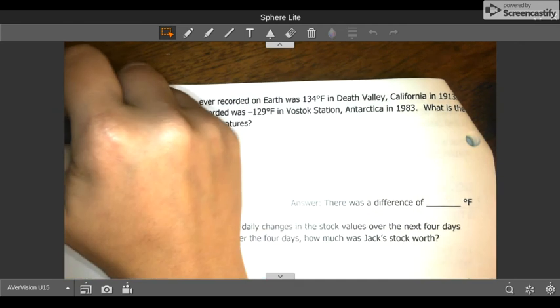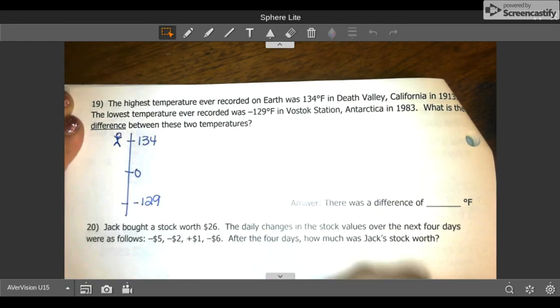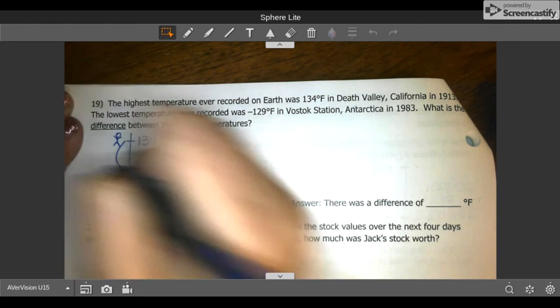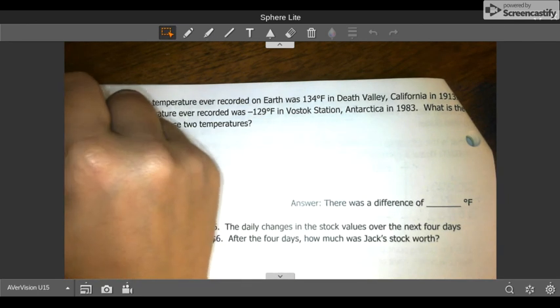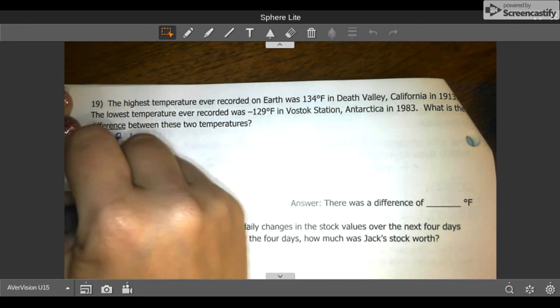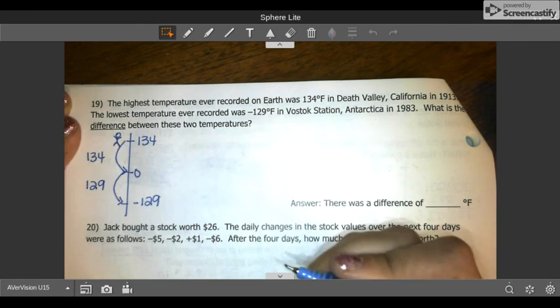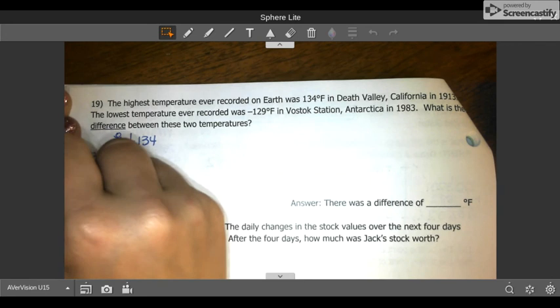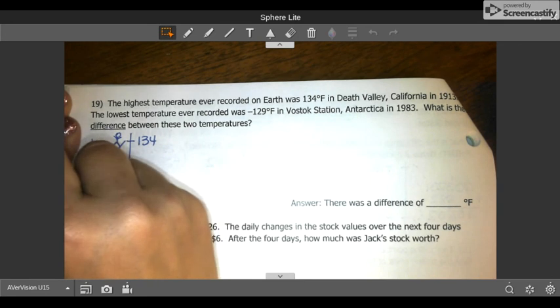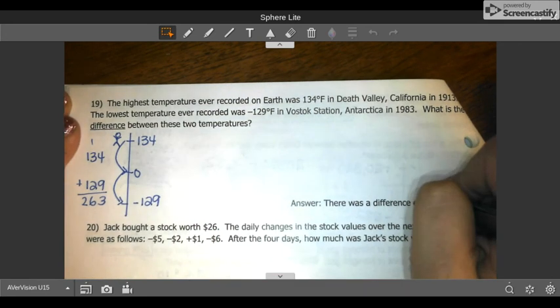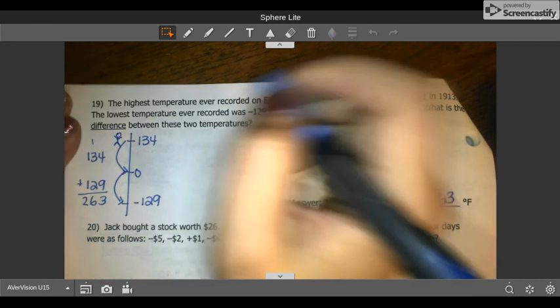I'm putting myself here on the thermometer. To travel down to 0 degrees, I'd have to travel 134 degrees. To travel even further to negative 129, I'd have to travel another 129. So I'm going to add these two distances on the thermometer together, and I get 263 degrees. Another way of doing that is not doing 1